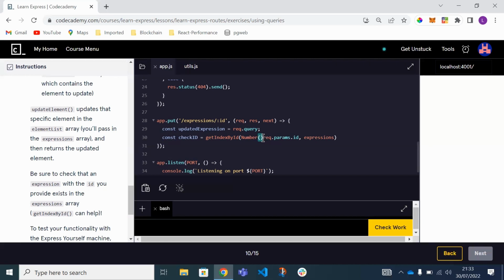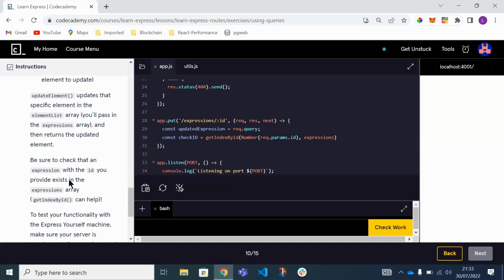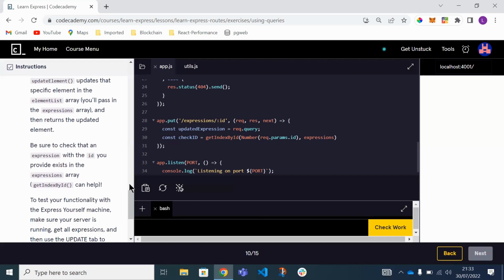So let me just convert that to a number. Chop that out. So req.params.id. Yes. So now we're saying, okay, so I found it